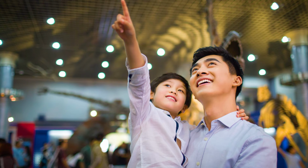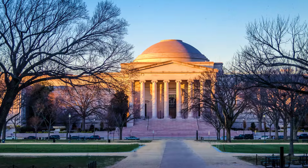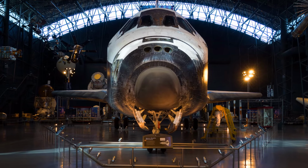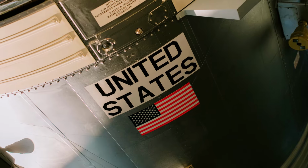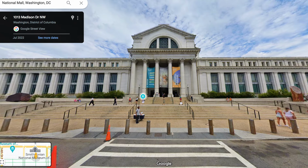Next up, visit the many famous museums. There's dozens of museums in DC, many of them free to enter, and many that take hours to explore. Several large Smithsonian museums sit along the National Mall, but also be sure to venture beyond the mall. There's far too many museums to name them all here, but some of the best museums you might want to